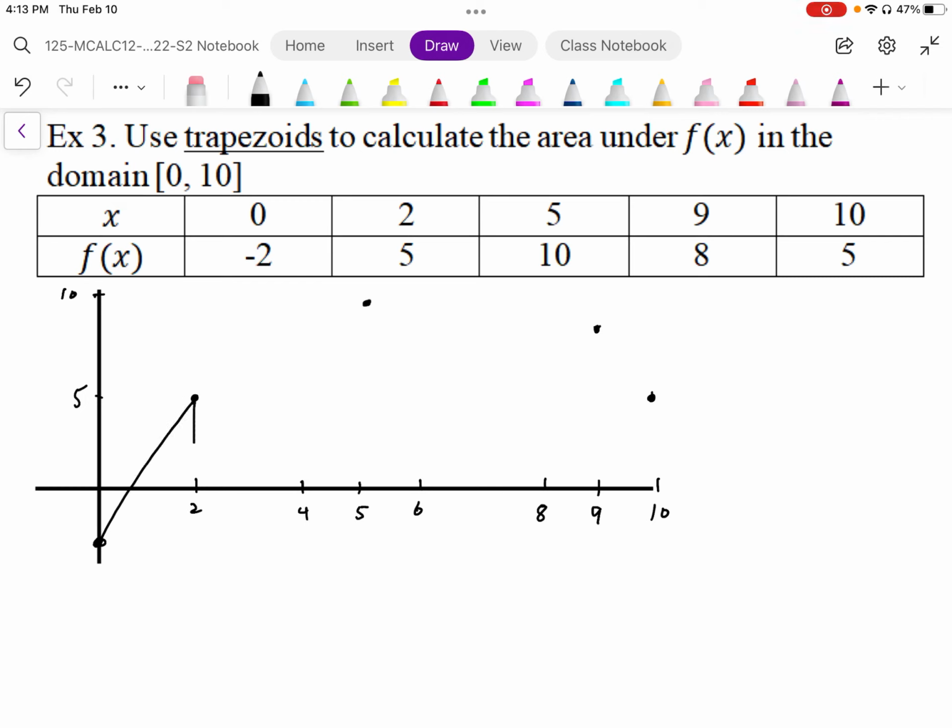Okay, so there's my first trapezoid. There's my second trapezoid. There's my third trapezoid. There's my fourth trapezoid. Okay, to calculate the area of the trapezoid, we can break this up into two parts